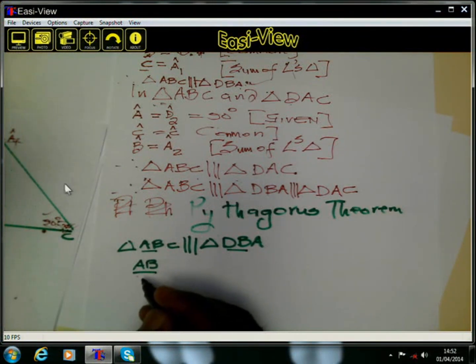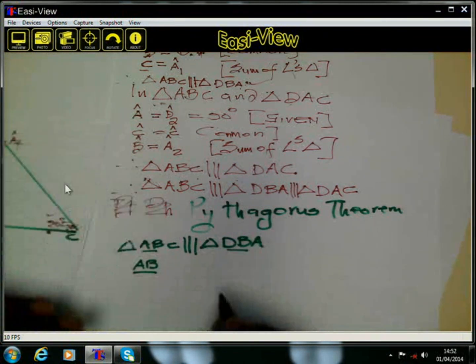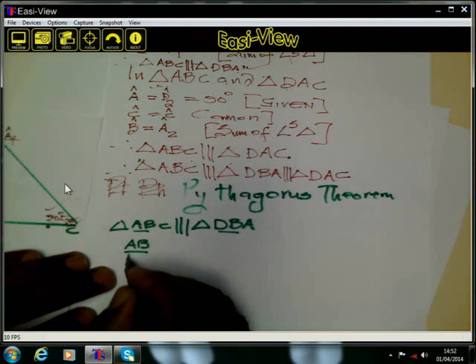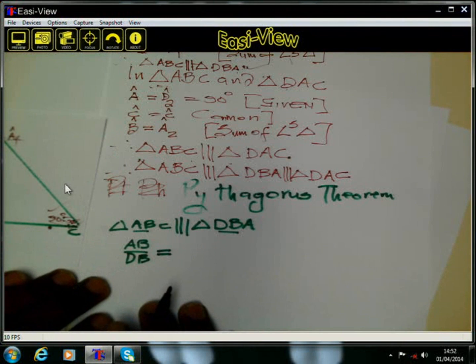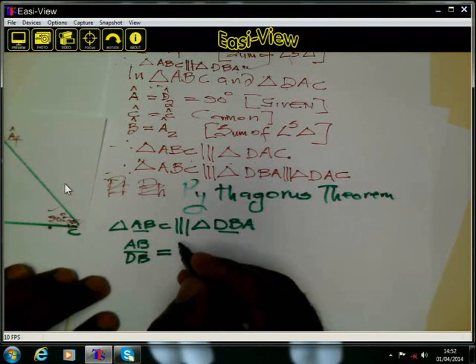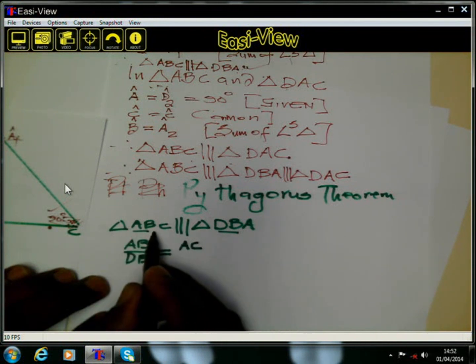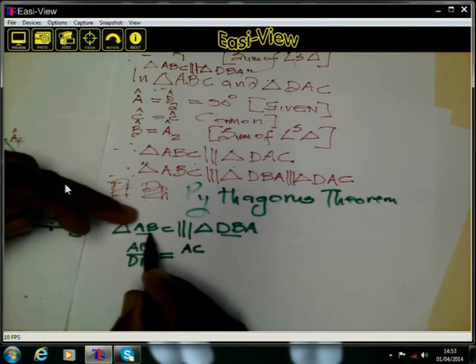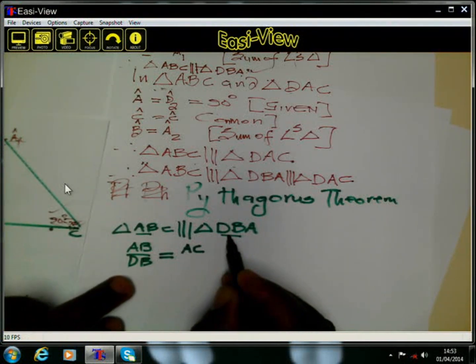When triangles are similar, it means their sides are in proportion. So I'm looking at proportional sides here. Side AB must be proportional to side AB. Hence I write AB over DB must be equal to the smallest side of this triangle, which is AB, over the smallest side of this other triangle, DB,